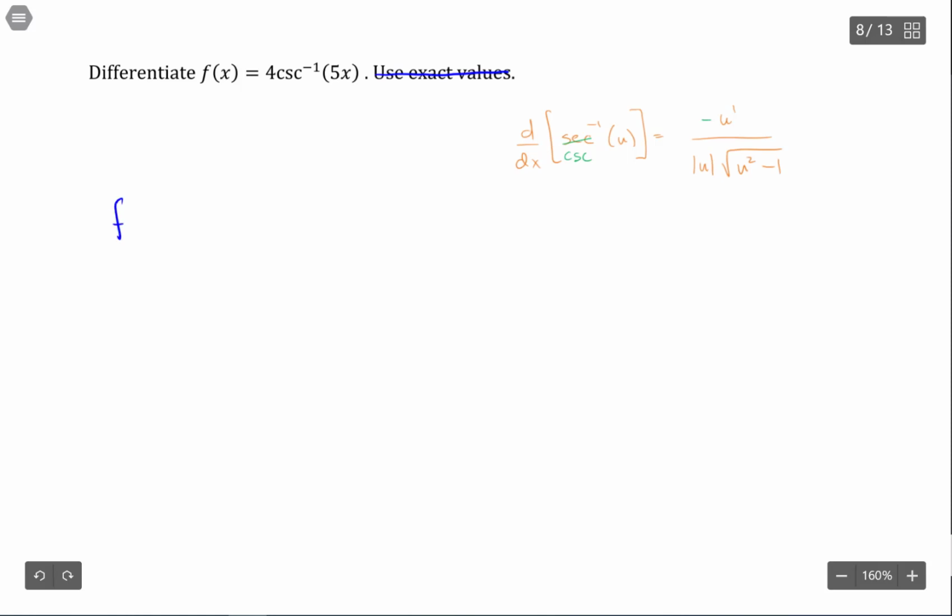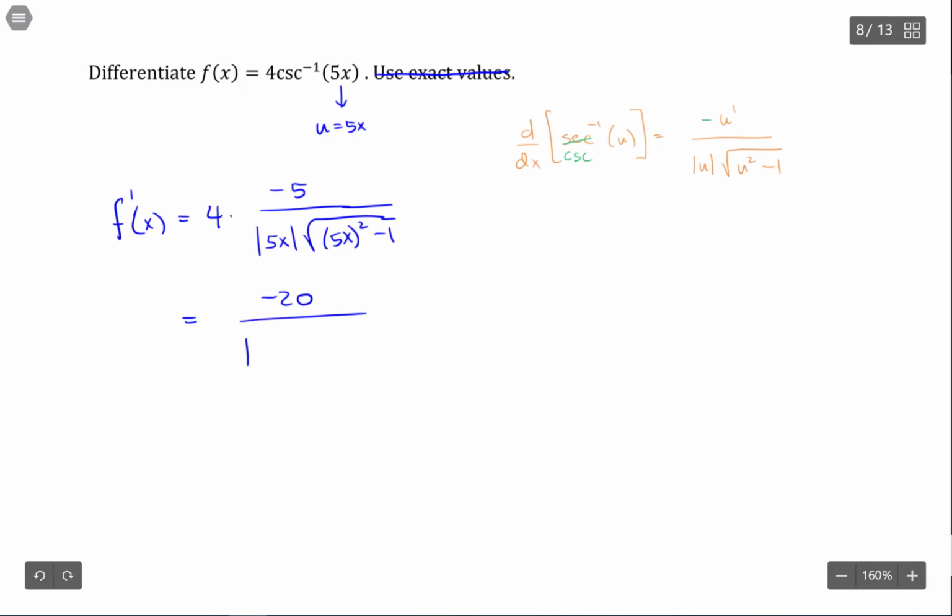All right, now the derivative here is going to be, so the 4, I'll just leave off to the side for a second. The function u is this 5x. So du, the derivative of u, is just 5, so I have negative 5 in the numerator over the absolute value of 5x times the square root of 5x squared minus 1. Now 4 times negative 5 is negative 20 over absolute value of 5x times the square root of 25x squared